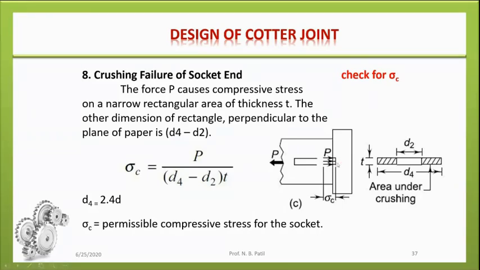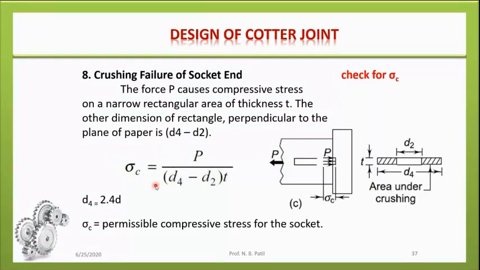So D4 minus D2, that is (D4 minus D2) multiplied by T, is the region along which the compressive forces act. So sigma C is equal to P divided by this value. Now, this is one standard thing that we consider, because D4 is equal to 2.4 into D. Remember, this is a very important thing. In some books,